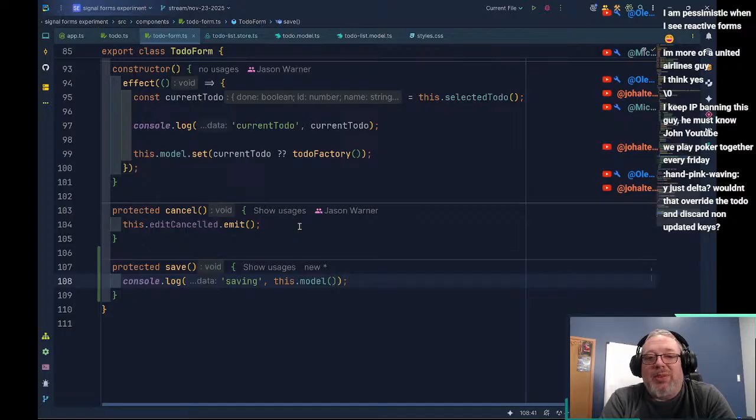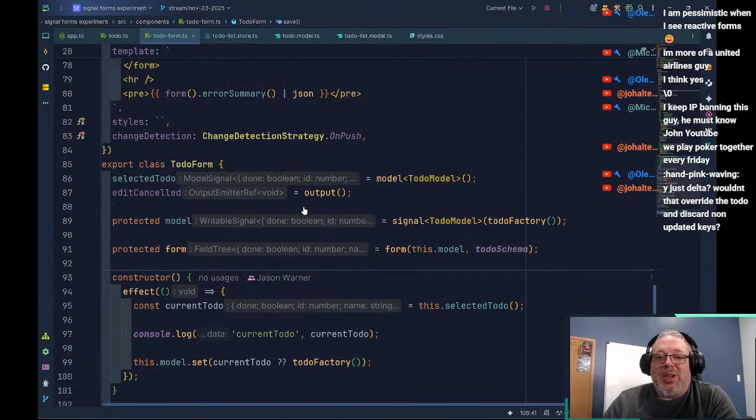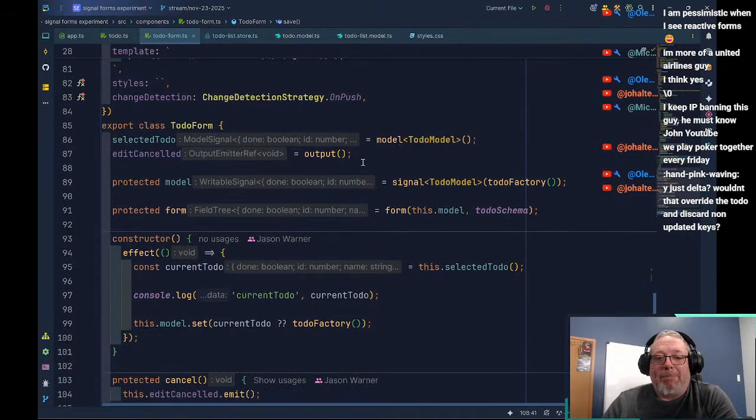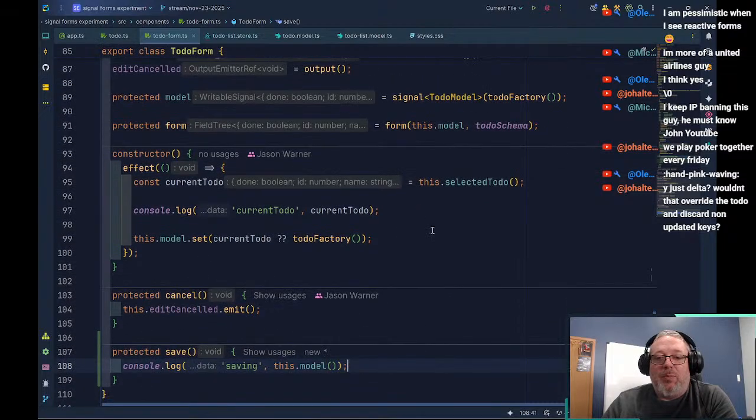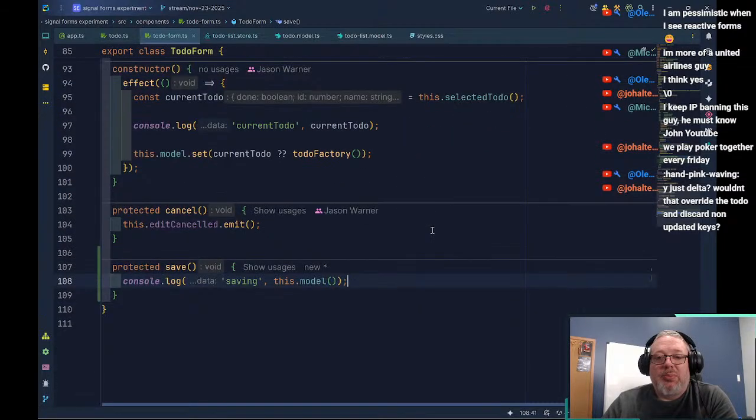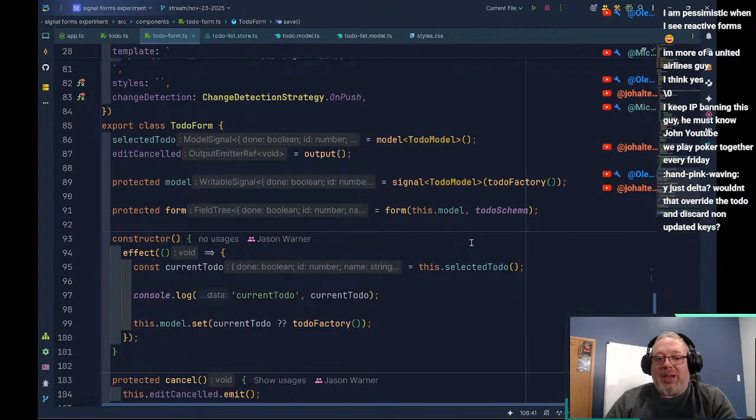There are a couple ways to do this. One way to do it is we could inject the store immediately. The other way to do it is to inject the store directly. I typically don't use outputs, but we'll do it anyway.